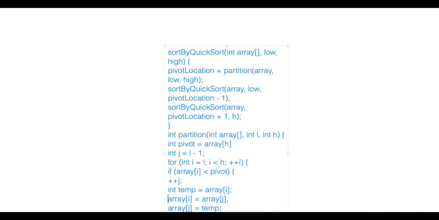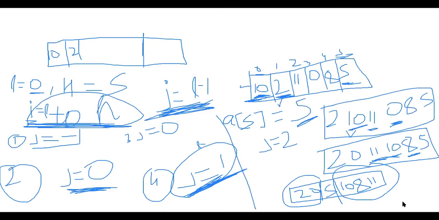So people do one more thing. In order to make sure that quick sort always performs in the best way, they choose the median element as the pivot. You know median, right? I'm not talking about indexing. Suppose in the array we have 10, 2, 11, 0, 8, 5. Rather than choosing the first element or last element as a pivot, they choose the median element. So out of this, I think 5 will become the median, right?